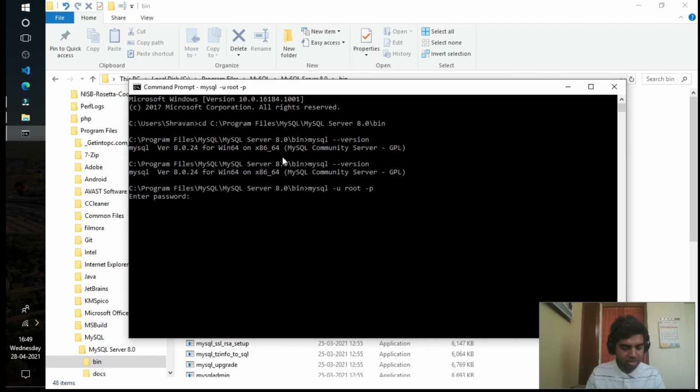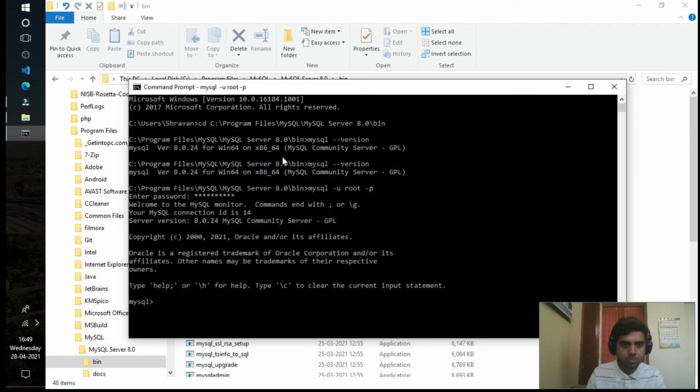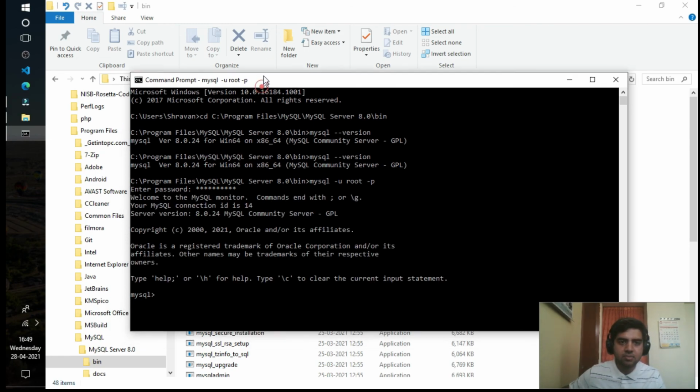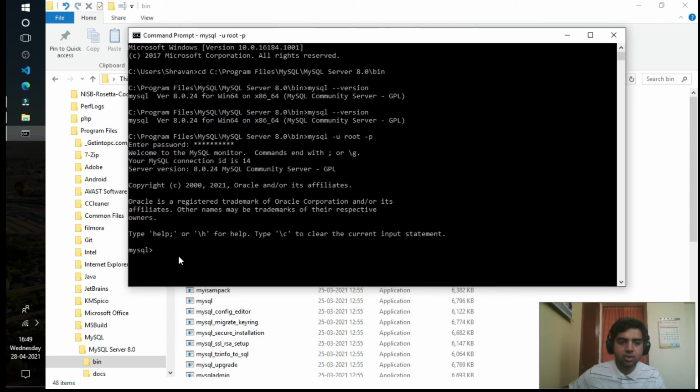Then we have to enter our password. Now we can see that our command prompt is logged into MySQL with the root privilege. Now we can use MySQL with command line integration. So this is how you install MySQL on Windows.